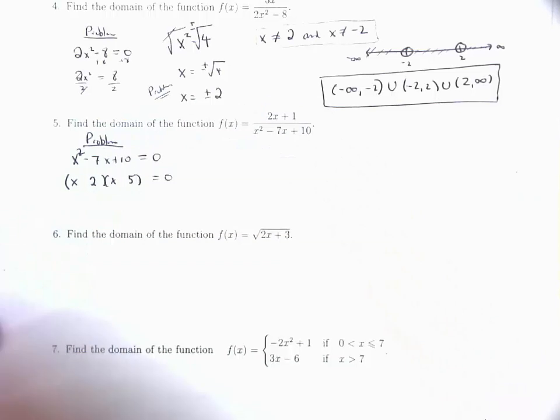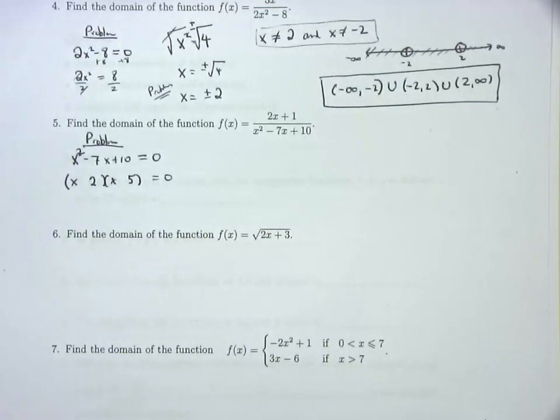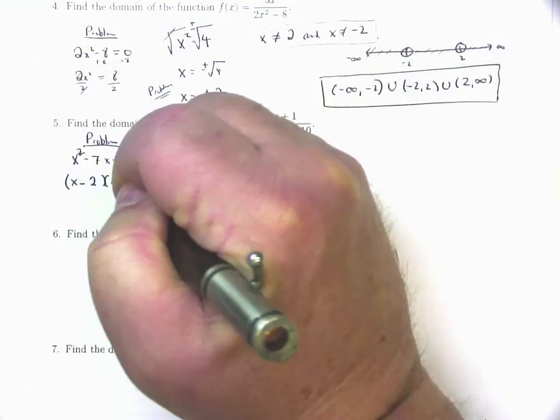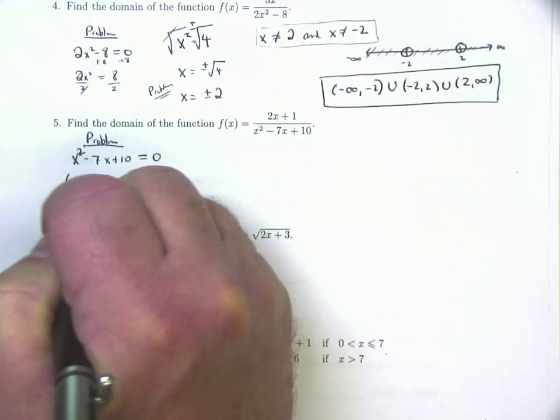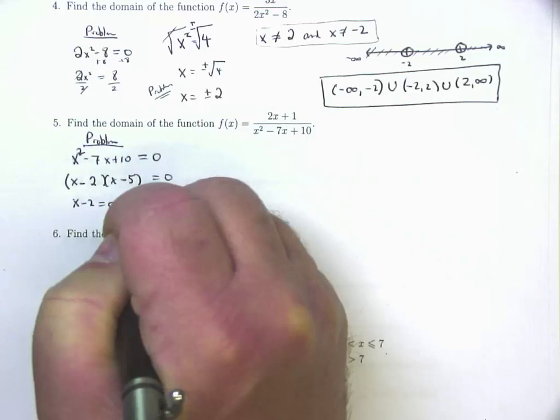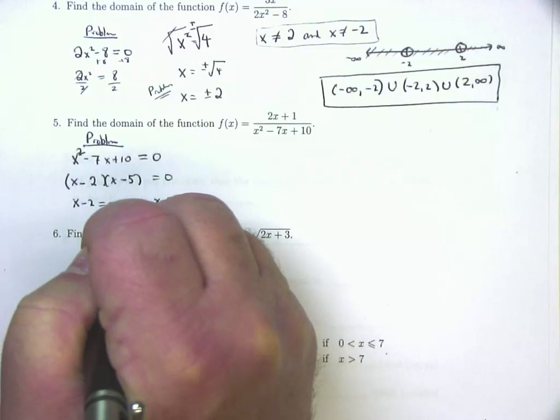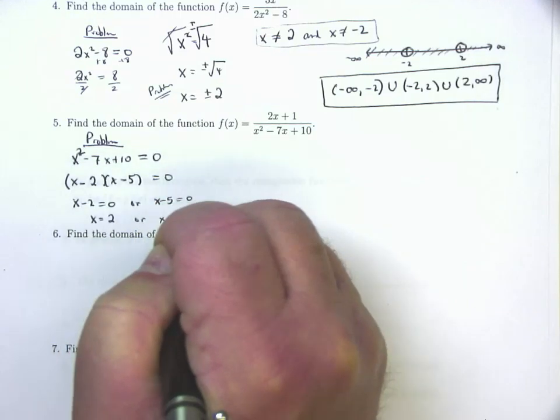And they're going to be... what signs do they have to have? Now you're adding them up, but since the middle term is negative, that tells you both of these two guys have to be negative. And if you don't trust me, FOIL it back out again and see if you don't get back to the same problem you got. Okay? Now, here's the beauty of this concept of factoring. We have this algebraic property that if two things multiplied together equal 0, that implies that either the first guy, x minus 2 factor, is equal to 0, or the second guy, x minus 5 equals 0. Solving for x, x equals 2, or x equals 5.